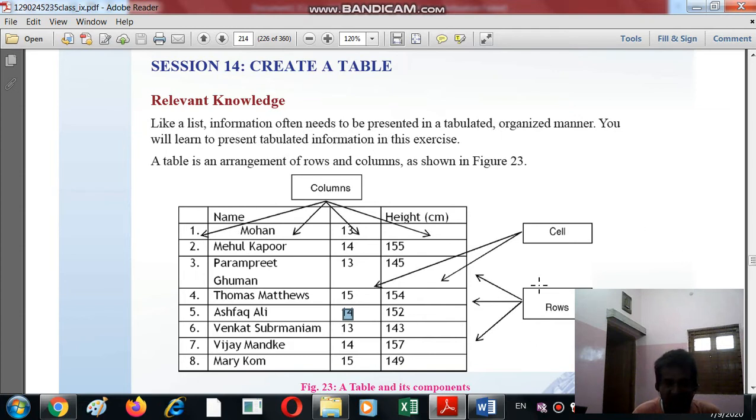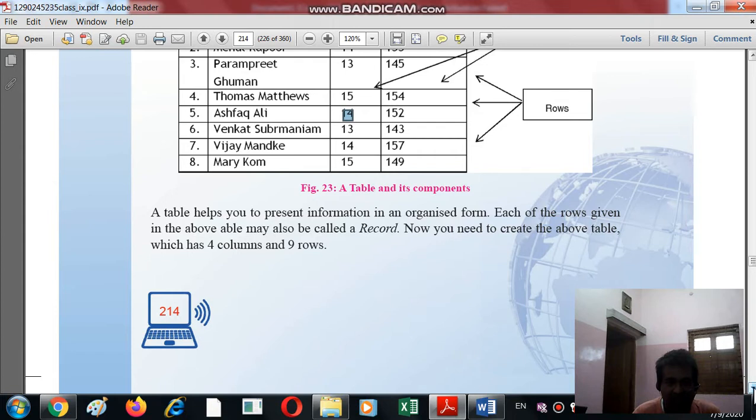A table is an arrangement of rows and columns as shown in this particular diagram. A table helps you to present information in an organized form. Each of the rows in the above table may also be called a record. Rows, that is the record also.